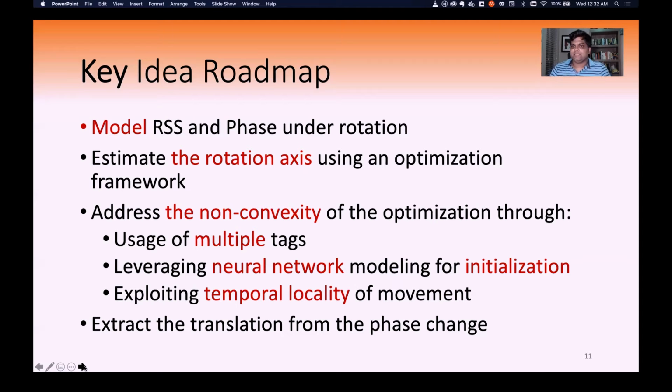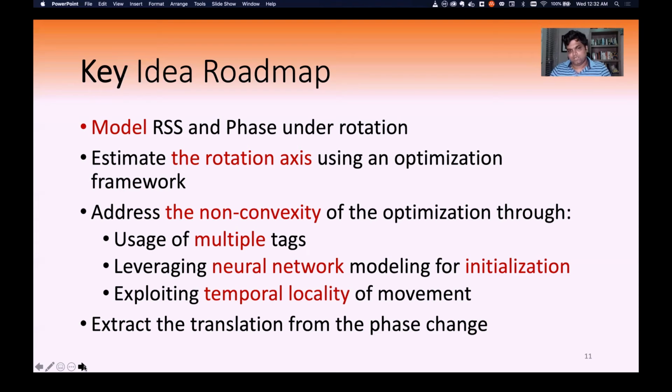We leverage a specific neural network design for modeling and estimating the initialized solution. And we also exploit the temporal locality of the ball motion, because motion n is a function of motion n minus 1 in the free air